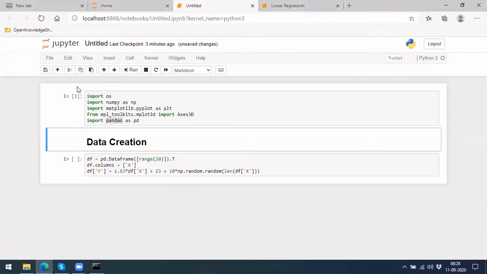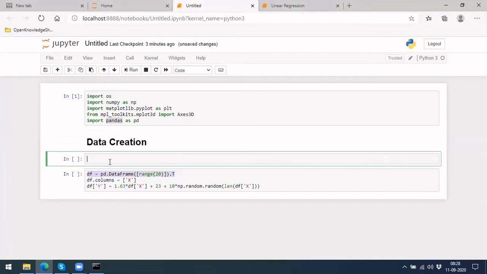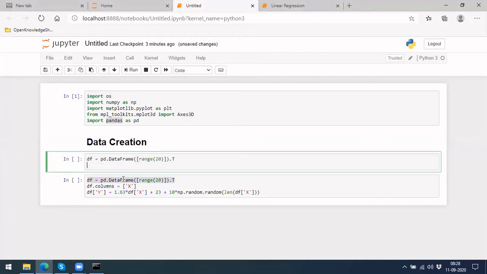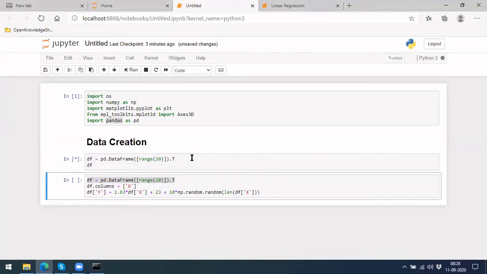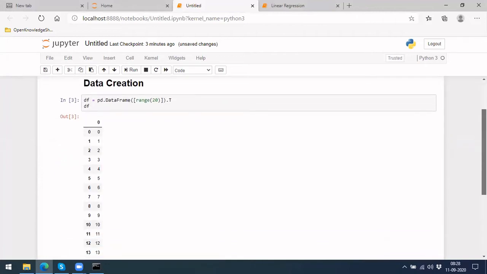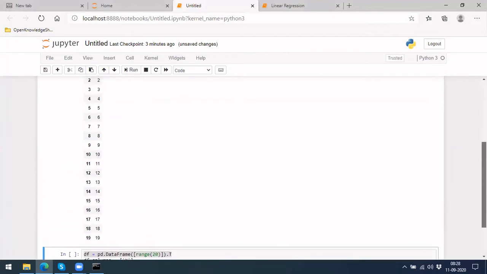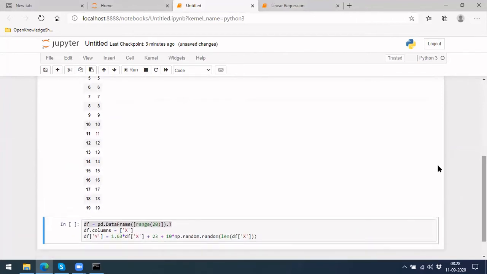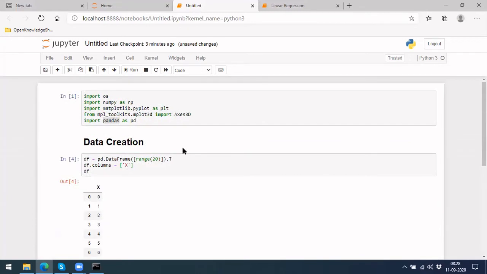So here what I'm trying to do is I'll be making it one step at a time and running it. I'm taking some range of 1 to 20, just 20 rows here, which will be from 0 to 19. Let's also print it. The next part is I am renaming the column, because here the column name looks like 0. So I am making it as X and running it. If you see, your column name became X.